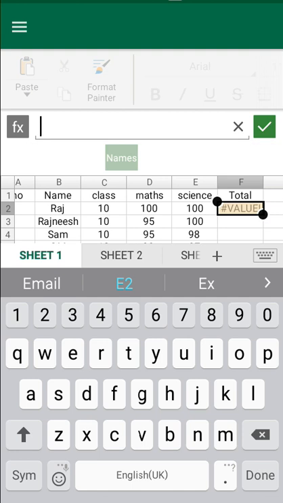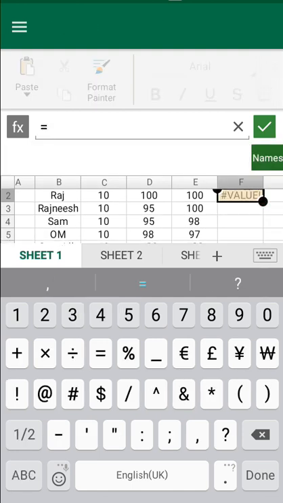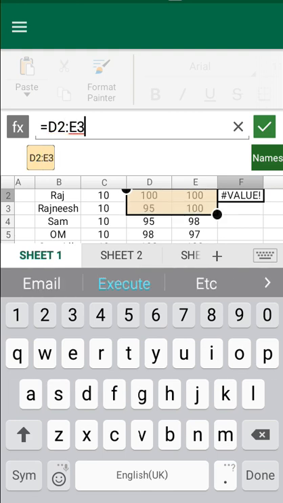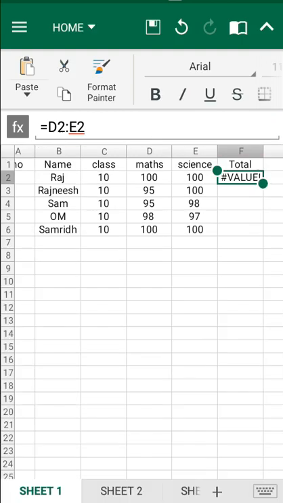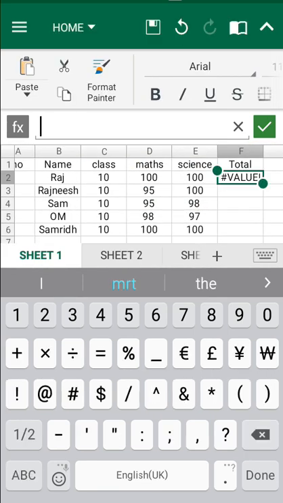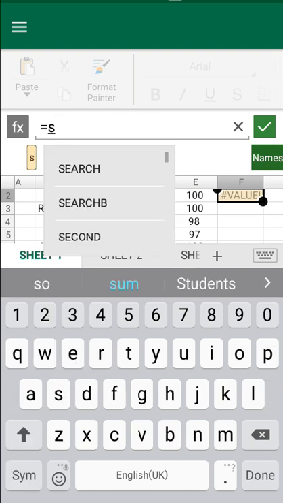Or what I'll do is, equal to D2 and then I'll drag it to E3. If I want the sum, I'll go to equal to, then I'll type SUM.